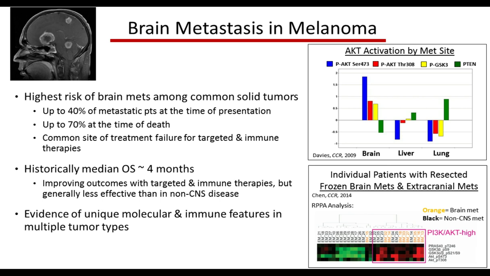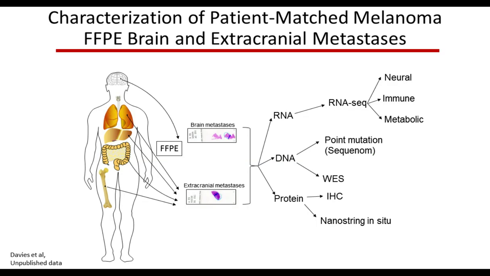And at the RNA level, we also saw a very high level of similarity. But at the protein level, the striking difference that we saw was that every single brain metastasis had a higher expression of activation-specific markers in the PI3 kinase pathway compared to the extracranial metastases in the same patients. This has actually been validated independently by a group in Germany by immunohistochemistry studies, again strongly implicating the PI3 kinase pathway in brain metastases.